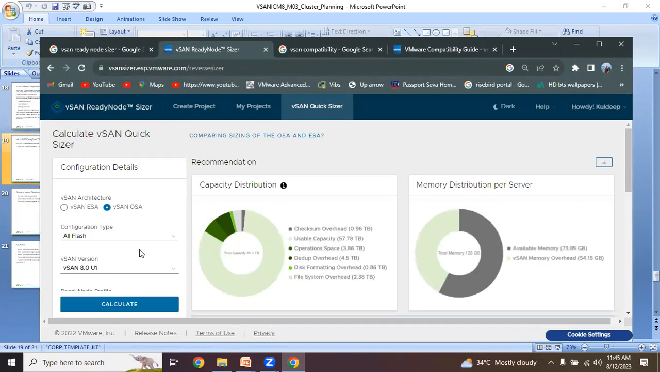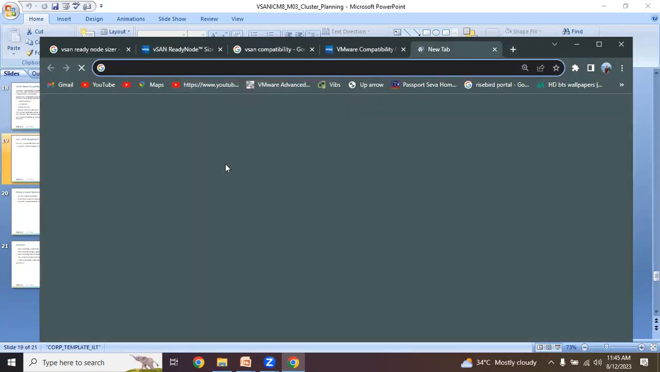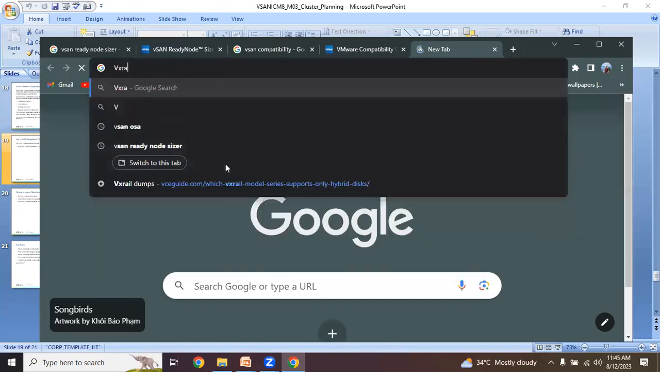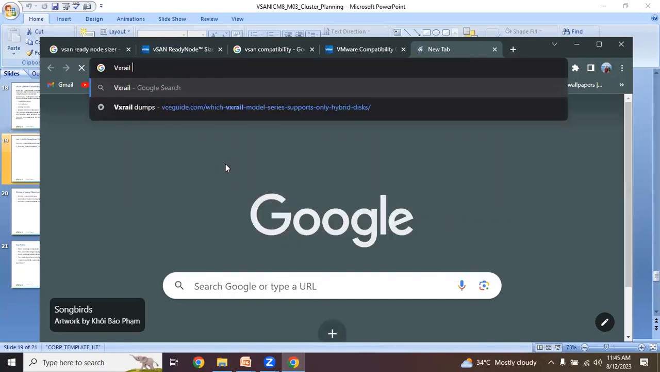list? No, because these are the standard vSAN ready nodes. VxRail itself has its own separate calculator. The reason is, VxRail uses some more capacity overhead for all its management VMs, right? So let me just walk through quickly. If I say VxRail sizer,